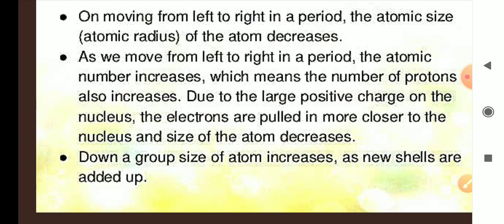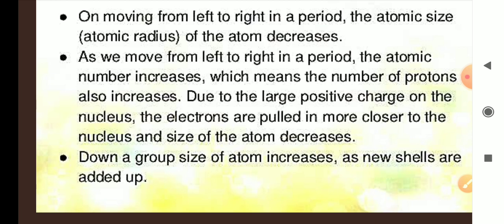There is less attraction between the protons and electrons, because the proton number is less. But in the case of boron, if you see, the electron number is 4 and proton number is 4, so the proton number is increasing, so their attraction is increasing and the size is decreasing. So which is the largest element in period 2? That is lithium, and the smallest one is fluorine. But neon has the largest size because it has fulfilled its octet.